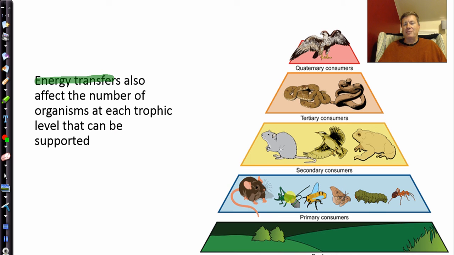How many grasshoppers must the frog eat? Not just one, it must eat, let's say, 10 times. To get enough energy, it's going to eat grasshoppers over and over and over again, because energy transfers are not perfect, it's going to have to eat a lot. There's not enough grasshoppers to support the same number of frogs. There has to be fewer secondary consumers than primary consumers. There has to be fewer tertiary consumers than secondary consumers.